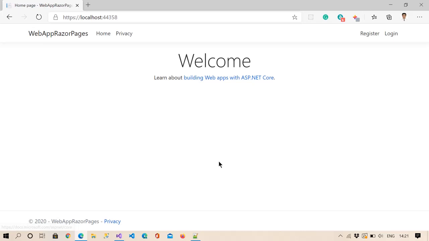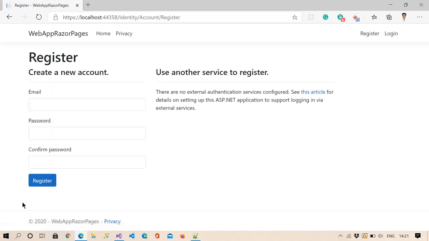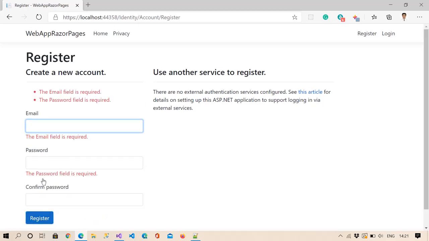Now let me register a user. You can see one more thing: Visual Studio has automatically implemented all the validations for this project.